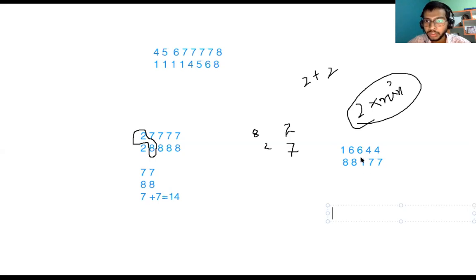Let's remove the elements which already exist in both the arrays, the ones which have a copy. But 6 doesn't have a copy, 8 doesn't have a copy, 4 doesn't have a copy, and 7 doesn't have a copy. So let's make it 6 4 and 8 and 7.